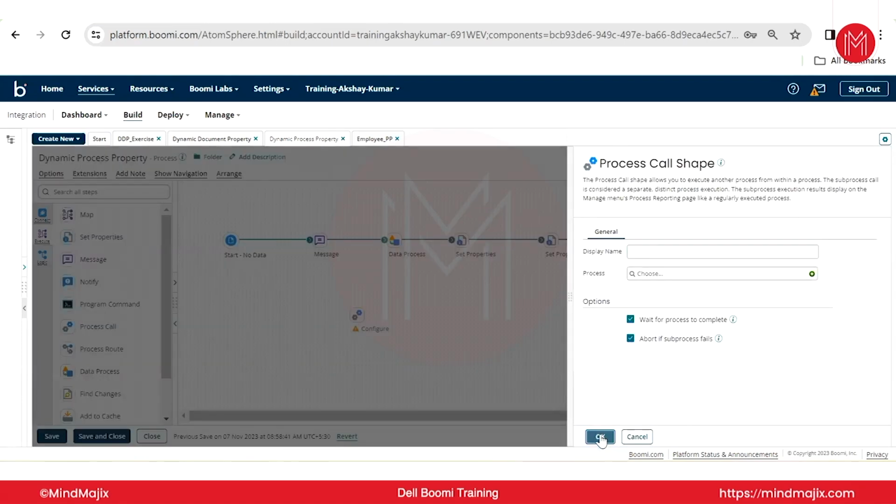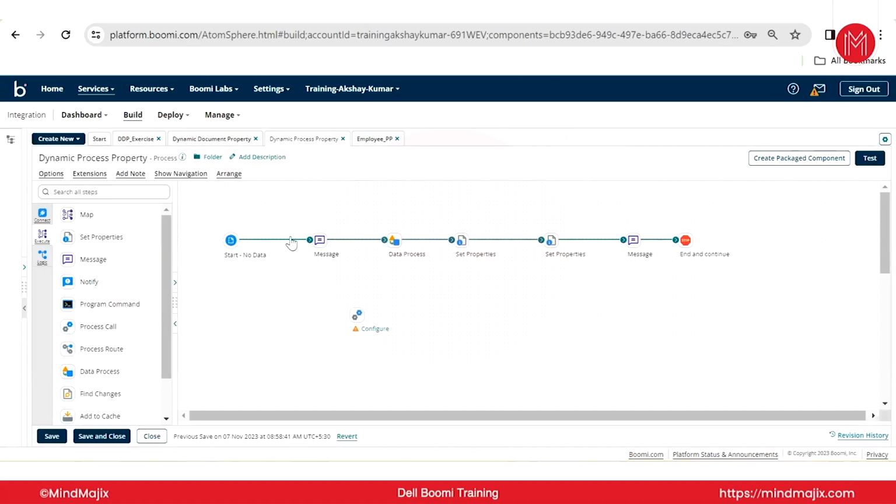What it basically does is we are creating a process within the process. So we have one main process. This is our main process. Let's say instead